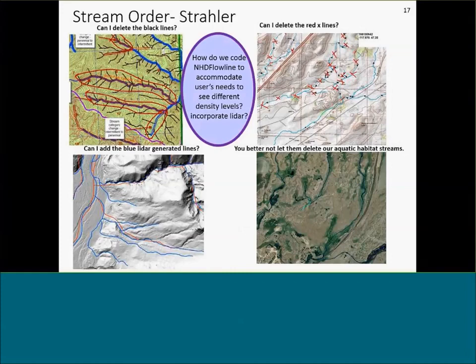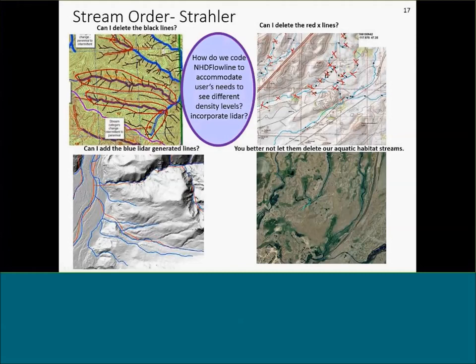We had a need for stream order internally, and in reality, it was a self-defense mechanism for me, because I was being faced with the questions on this slide, and I was a new steward, and actually I was surprised that I was getting these. This was a slide that I got from the U.S. Forest Service. The U.S. Forest Service does all of the NHD mapping on the federal lands, and I do it on state and private.